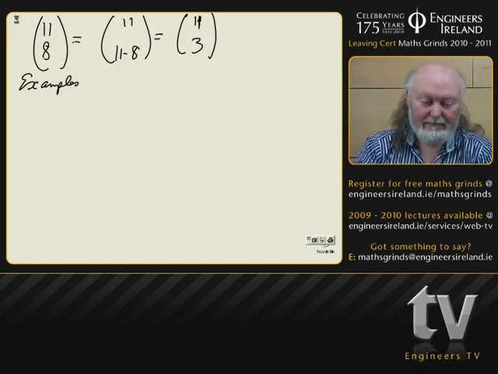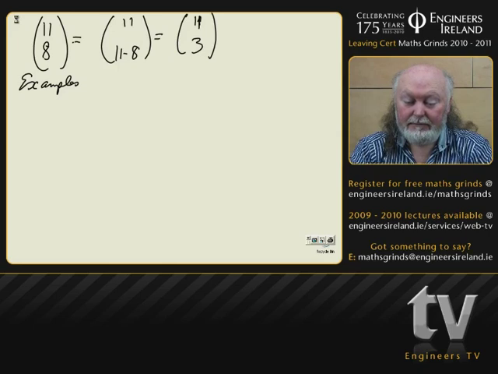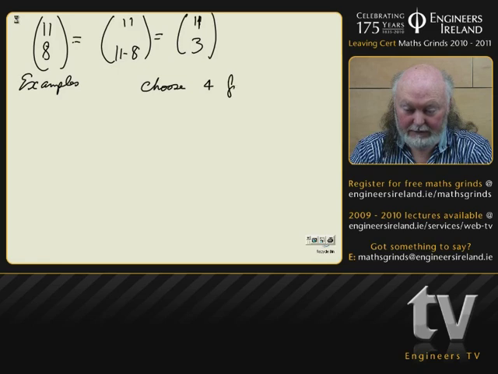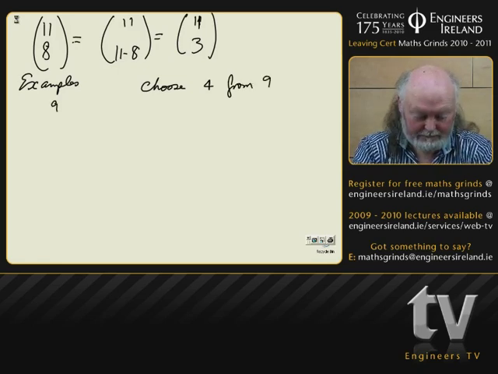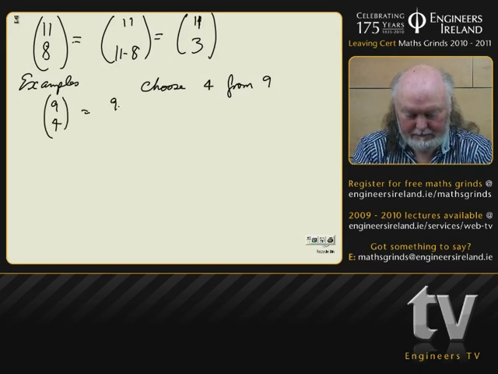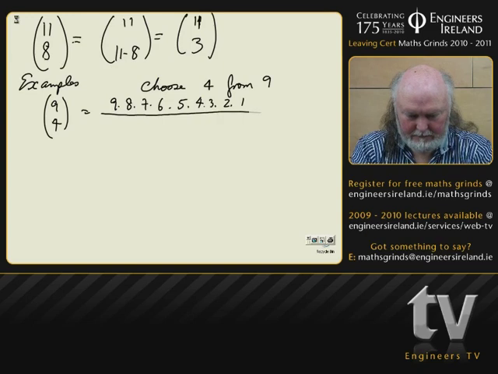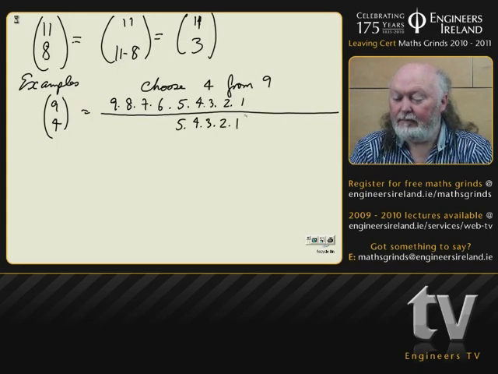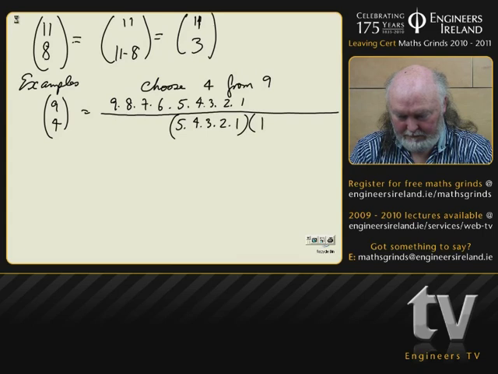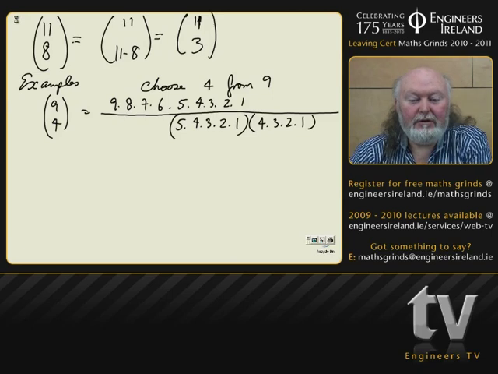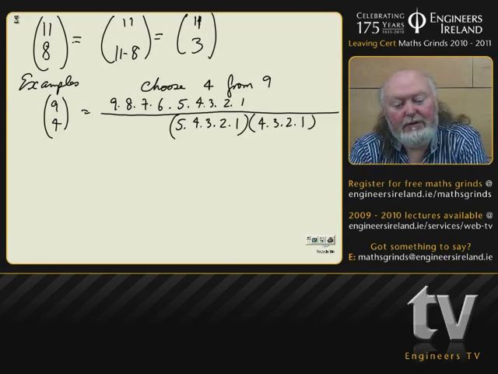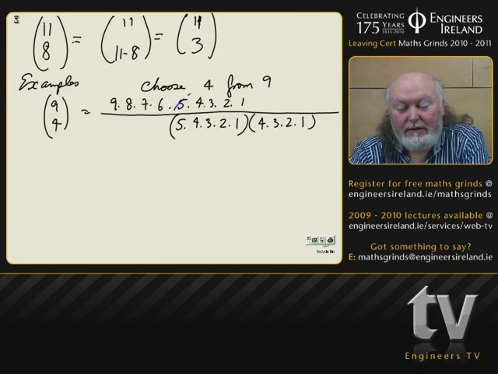We want to choose 4 from 9. Now, this is important because it will show you again something similar to what we found for the permutations, that these could